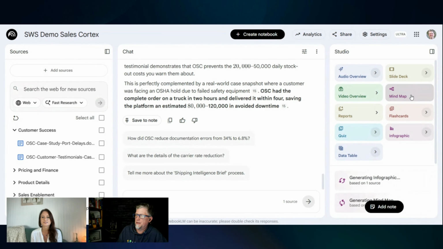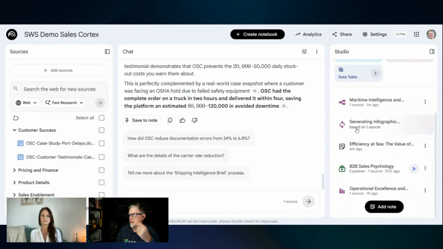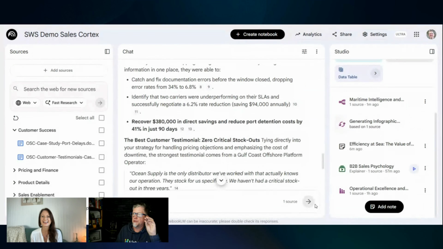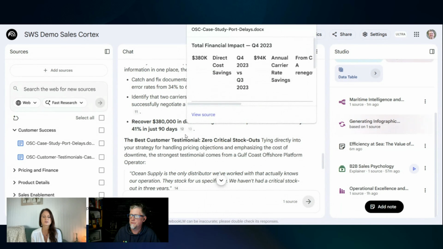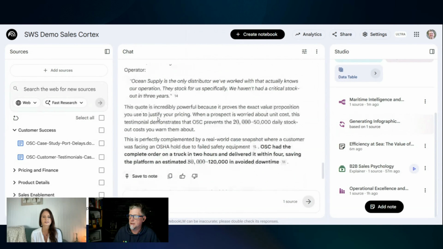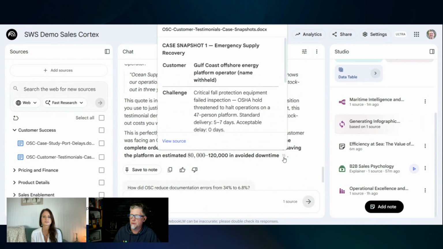Mind maps are fun. It pulls all your sources and then you can click on them. I actually think I did do a mind map. But you can click on it and it shows you how all of your sources are connected and you can drill down and then it gives you the citations of where it found it. If you notice all of the chat things here, 8, 9, 12, 13, 15. If you click on these, it gives you the citations of where it got the information and the answers,